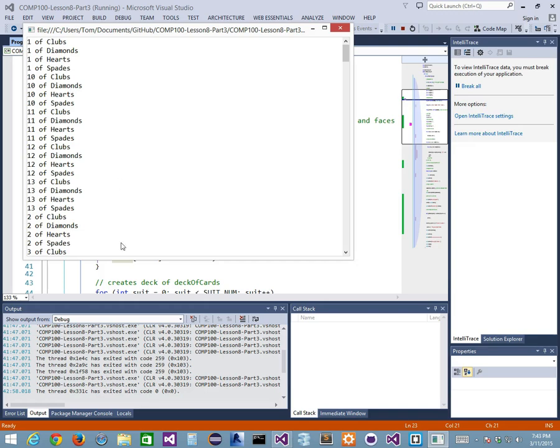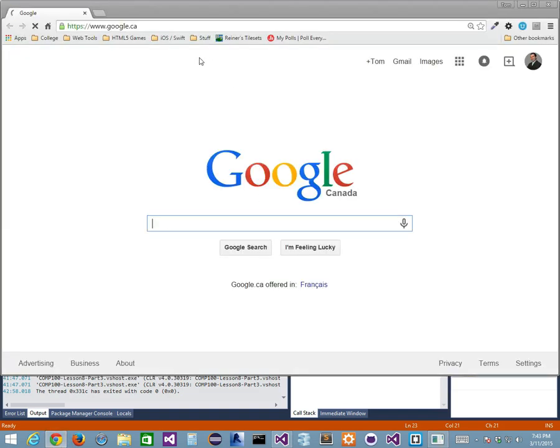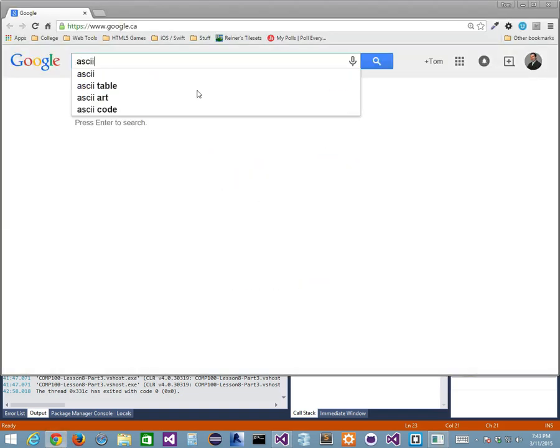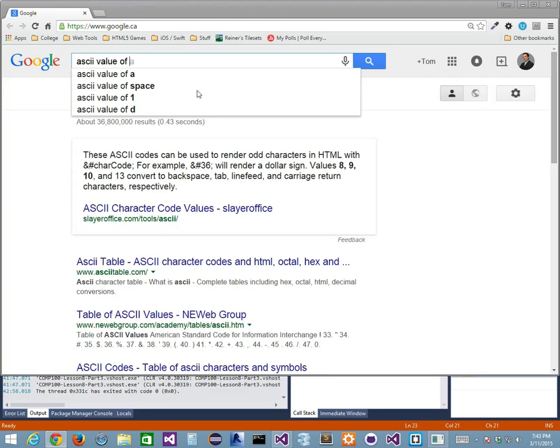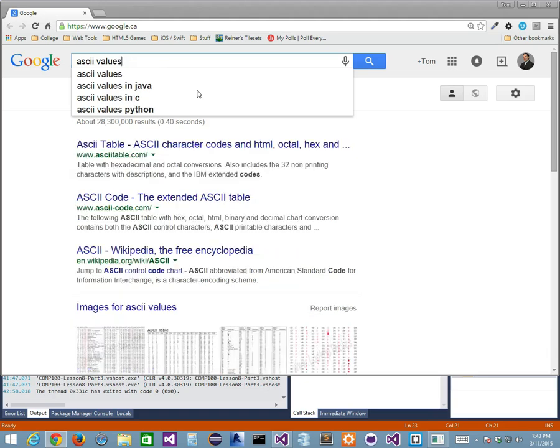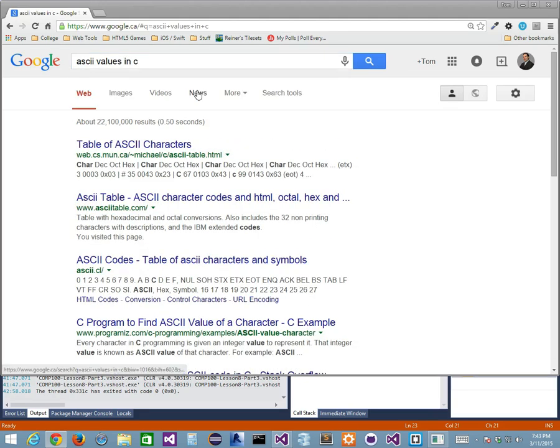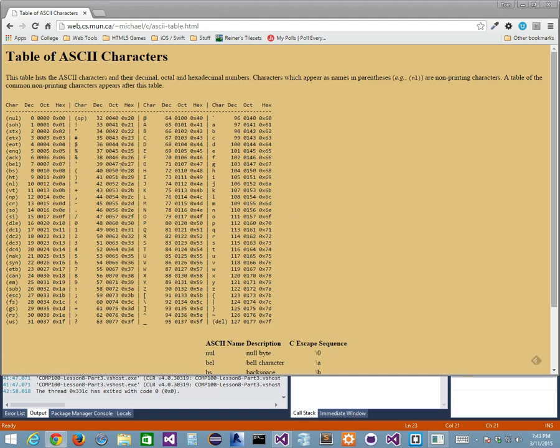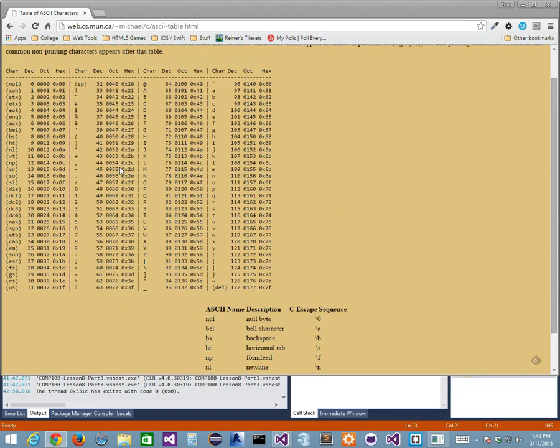So let's look at that. All right, so 1 of clubs. Let's add the values together and see what it means when I do 1 of clubs. Well, if I go to ASCII value of a number or a character, ASCII values, we'll just do ASCII values in C#. And here's a table of ASCII characters. Okay, let's take a look at this. You tell me